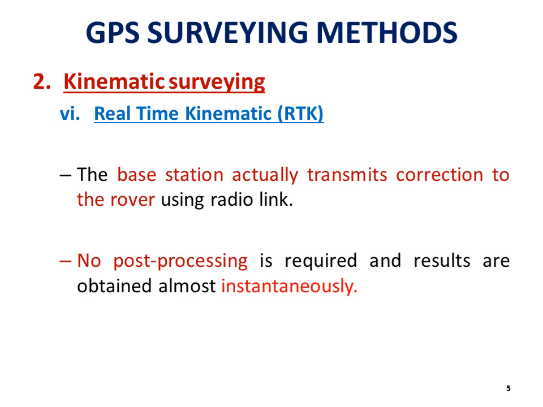Next method, that is the last method, is real-time kinematic, shortly written as RTK. Please note the word real-time. You can guess that we are going to get the readings in the field itself. Here the base station transmits corrections to the rover using a radio link. What is a base station? A base station is the point where the receiver is kept at a known point, or that receiver is held stationary. It is not in movement. This base station will help you calculate whatever error is happening, and that correction will be transmitted to the rover using this radio link.